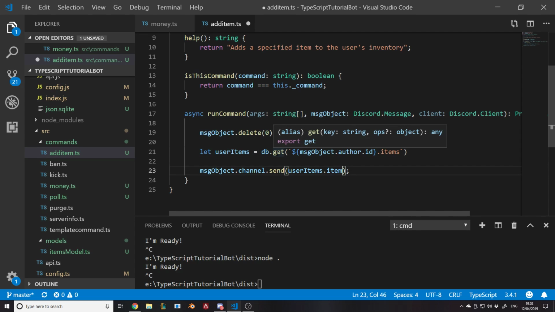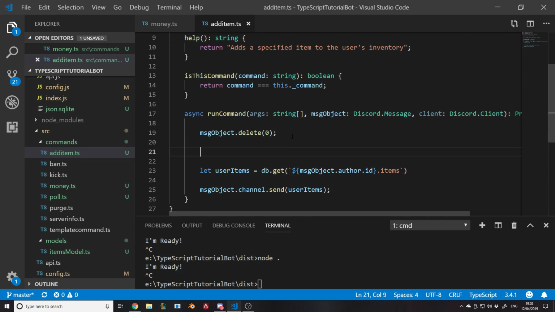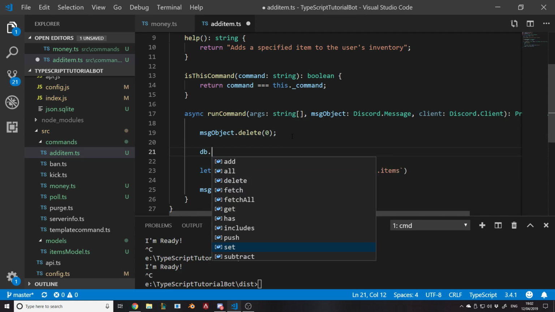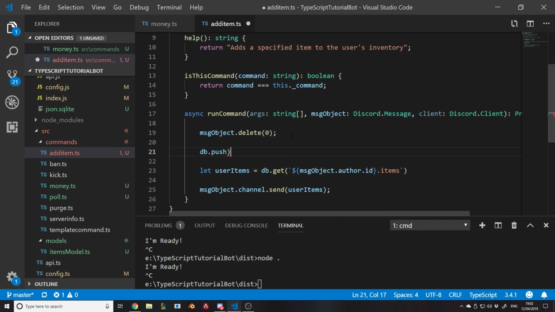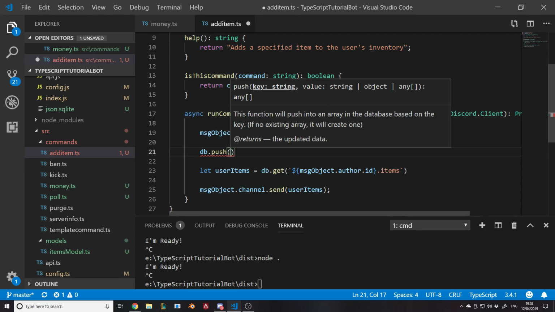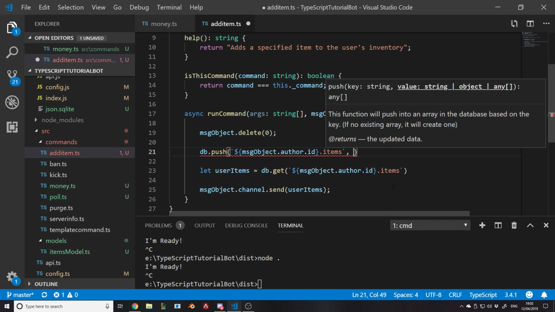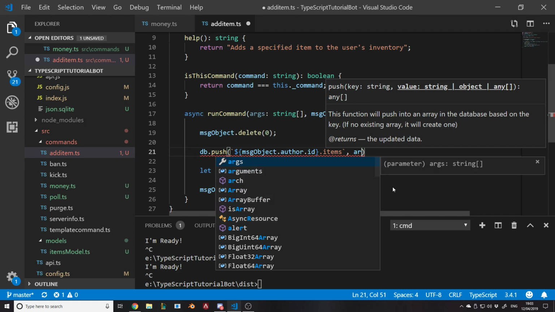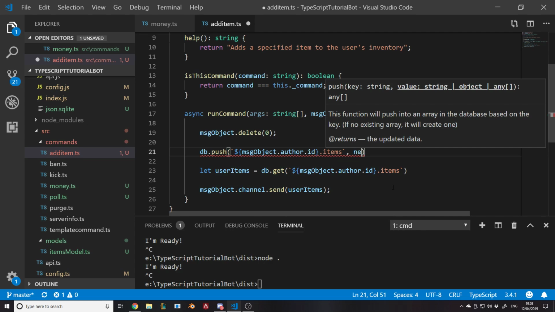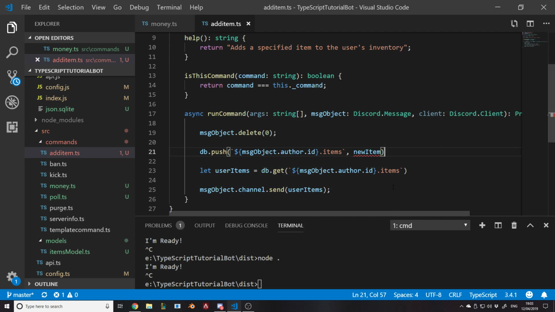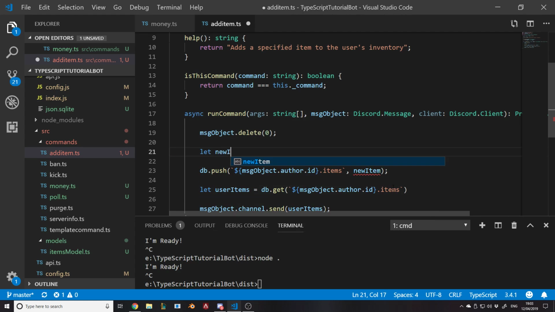The problem is, if we, for example, say db.push, which is a function where you put in the key, just like this, items is what we're pushing to, right? We're pushing to the items, and what do we want to push? We want to push args. Oh no, we want to put new item. So we have to say what new item is. Well, the new item that we're pushing is